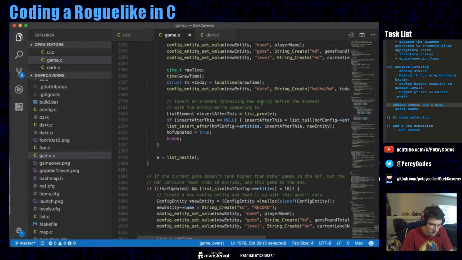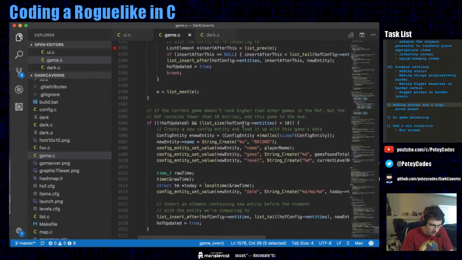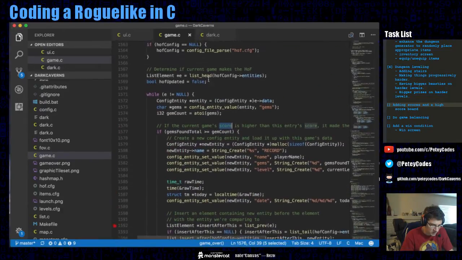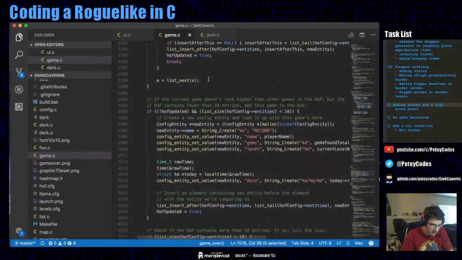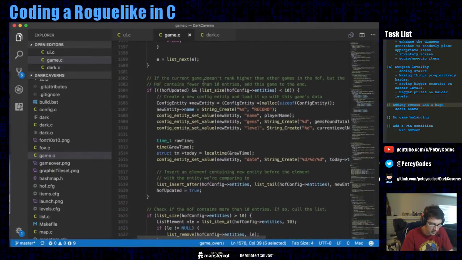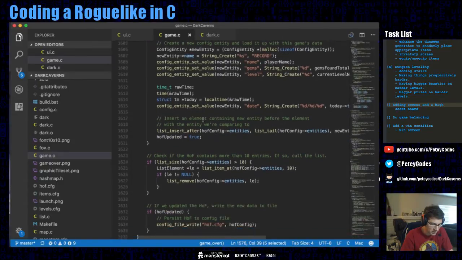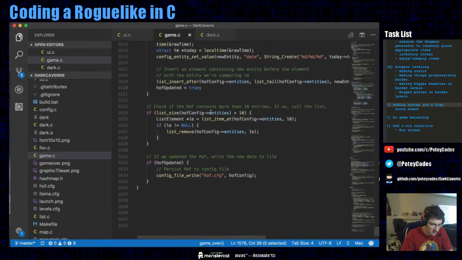So we insert the entity before the entity we're comparing to. So maybe point in here. That's in the case where it ranks higher. Then if it falls out of that, if it doesn't rank higher than the other games, but we have fewer than 10 entities, we just add it to the end. So that wasn't the case. And so this last case is what